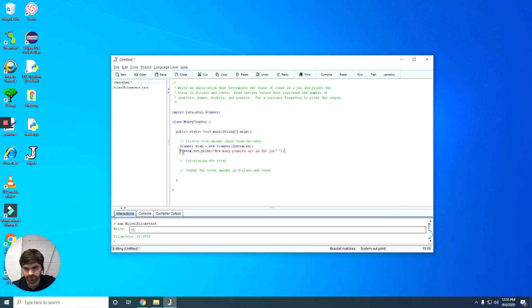Let's go ahead and copy this. Well, let's do the next line, then we'll copy it. So I'm going to put a space here so we keep ourselves organized. So you can't have a fraction of a penny. When you're talking about coins, you can only have a whole number. So just like it says up here, we're going to read in integer values. So int pennies equals scan.nextInt();